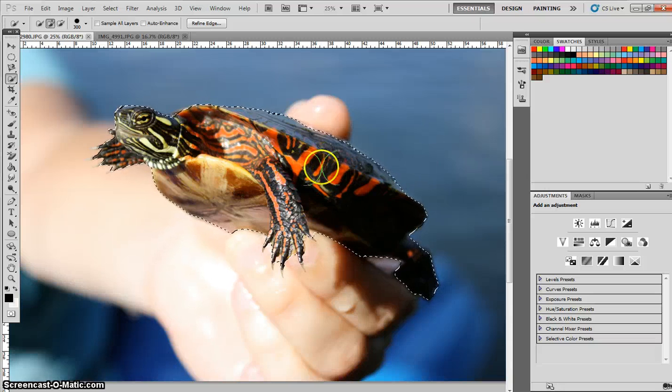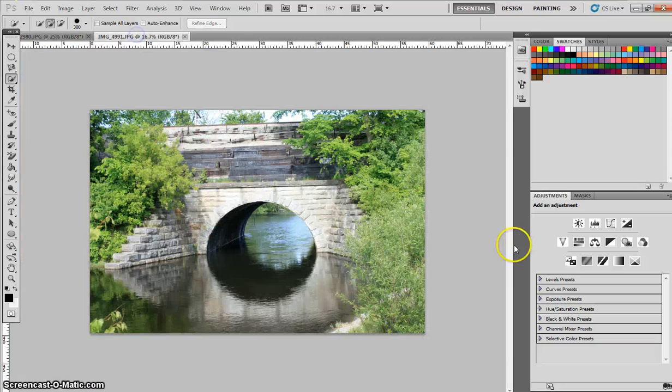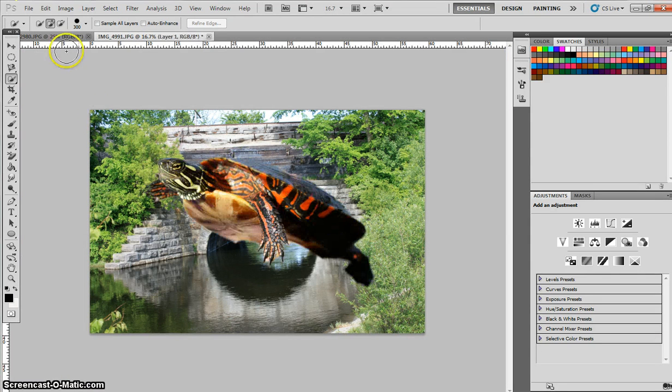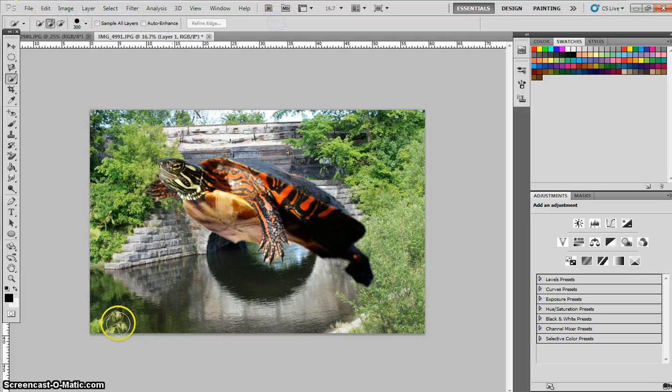So I can do that by going Control-C, or I can go up to Edit and copy from up there. I'm just going to click onto the next scene, and I'm going to Control-V, or paste him onto the scene, or you can also go to Edit and Paste. Alright, so the next step is I'm going to transform him to make him smaller so that he fits into